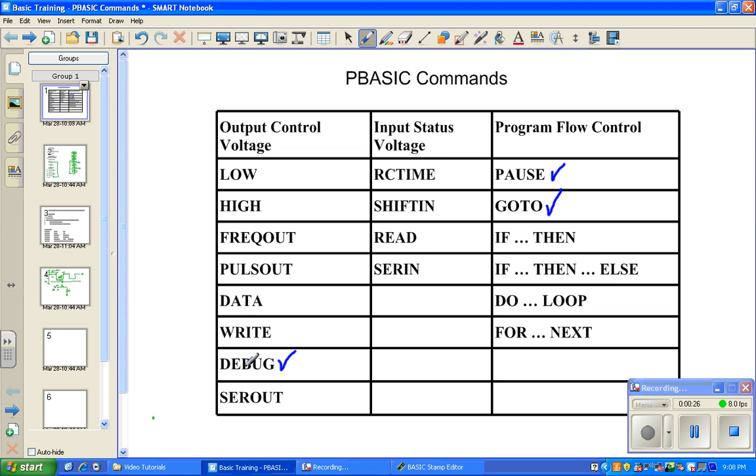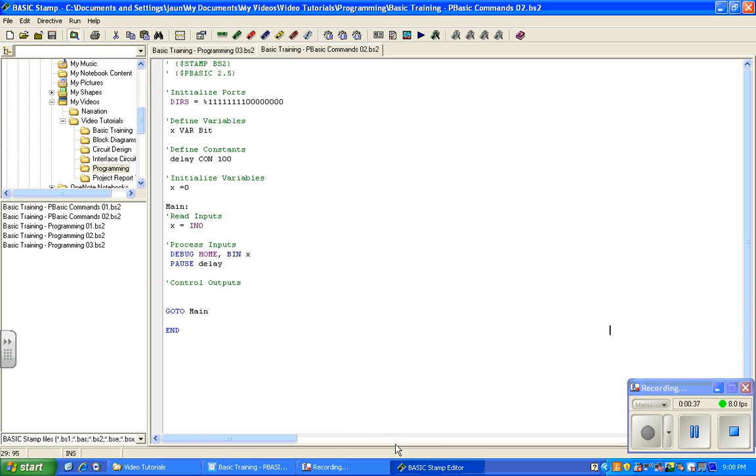Debug is a very good command which can display information about the status of your variables in a program. It's very good for troubleshooting your problem step by step. It gives you information that you cannot see when you're running the microcontroller or executing the commands on the microcontroller. In this program, again, I have defined the first 8 ports as inputs and the second 8 ports